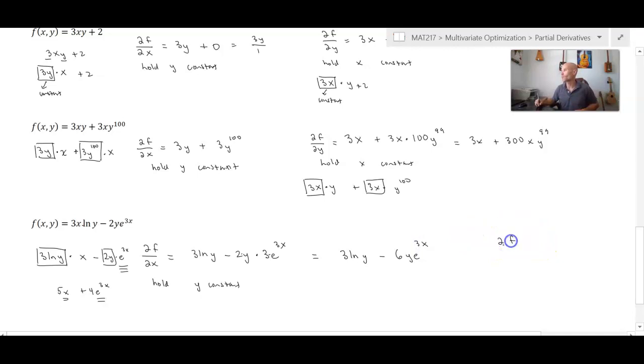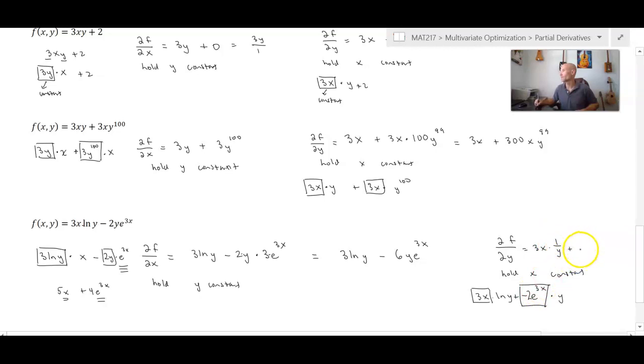To find the partial of f with respect to y, I go through the same process. We're going to hold x constant. I'll just take a moment to rearrange these terms. I have 3x times the natural log of y, so that's our constant. And now I'll have minus 2e to the 3x times y. So this whole thing right here is a constant. And so now I just have to worry about the derivative of the natural log of y, which is 1 over y. So I get 3x times 1 over y